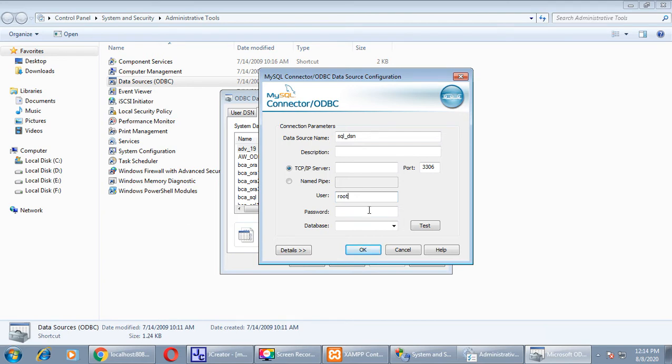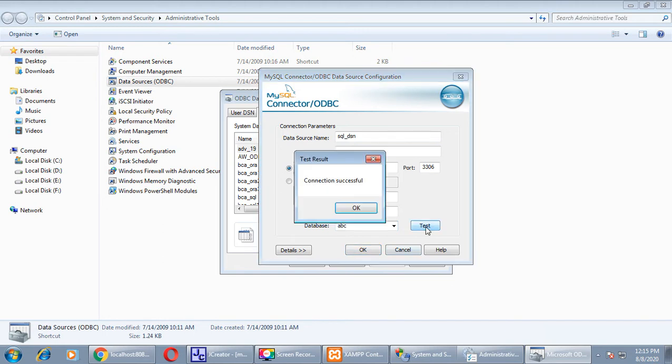No need to write anything in password. Now you have to choose a database from this drop down list, right? All the databases created in MySQL are listed here. You can choose your own database. For example, here I am choosing the ABC database. I have already created it in MySQL.